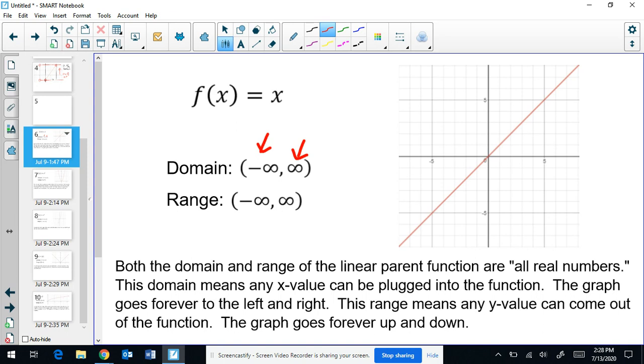Notice I'm using parentheses on either end because parentheses mean not included, brackets mean included. I can't include infinity because I can't give you a specific value of infinity. Therefore, you must always use parentheses when you're using infinity in your interval notation. So if you wanted to pause the video and read the little paragraph I have on the screen, go for it. Otherwise, I'm moving on to my next function,